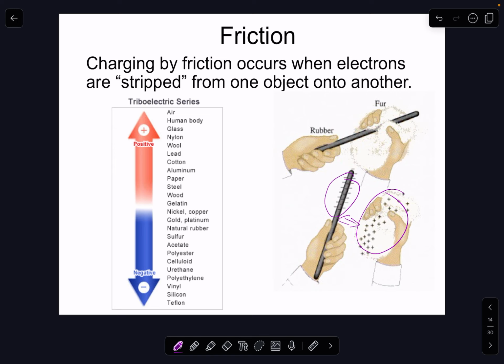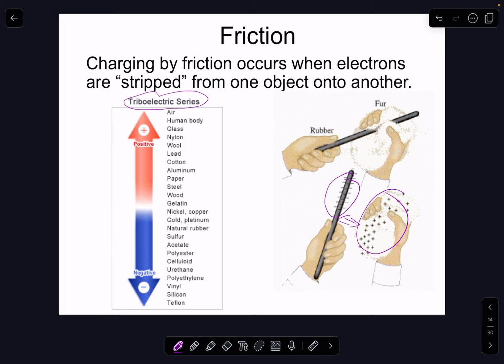Same thing happens with lightning. You actually have clouds that are moving between each other or within each other, causing that transfer of electrons, and then you build up this excess charge. This is a super fun word to say. It's called the triboelectric series. And what that is, it's pretty much like on a periodic table, you have electron affinity. So we kind of know who's going to give up an electron and who's going to take an electron in chemistry. Same thing here with